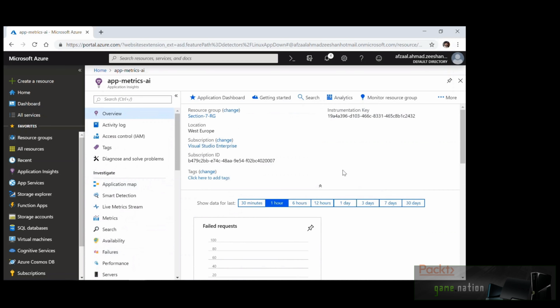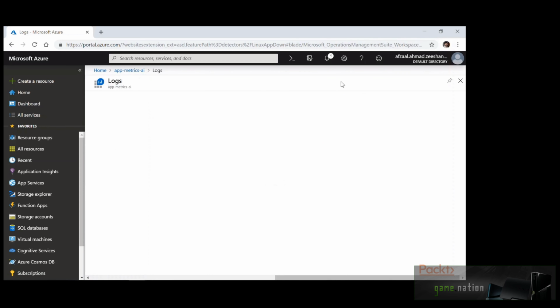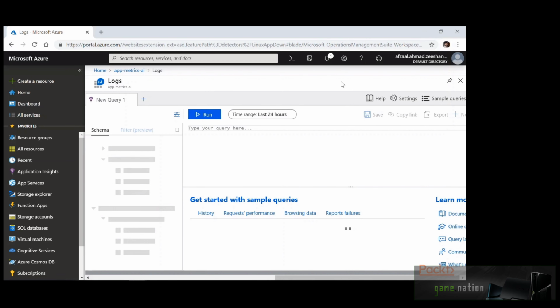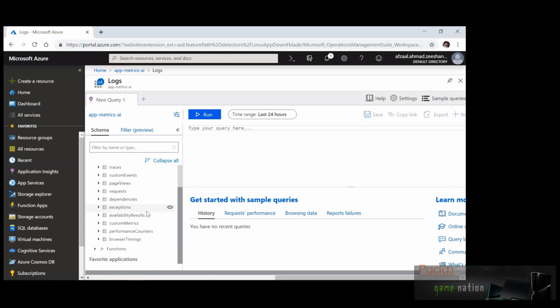You can also go ahead and consume the analytics service and explore the metrics that are provided by Azure for your services. If you have explored the Azure services, you will see that this is basically the Log Analytics service by Microsoft Azure, which allows you to create charts and reporting dashboards for your services. On the left side, you have the metrics that have been collected for you, such as the traces, custom events, page views, requests. And on the right side, you have the query editor that you can use to write your